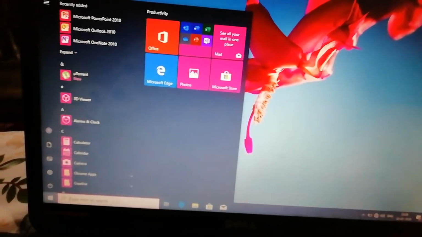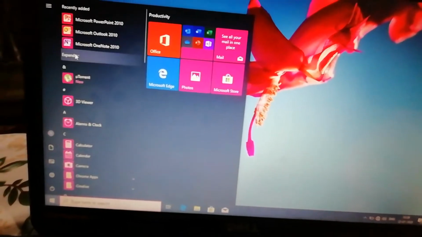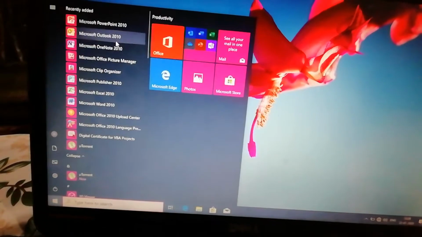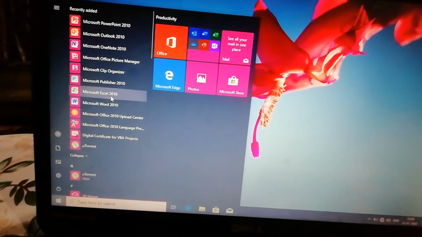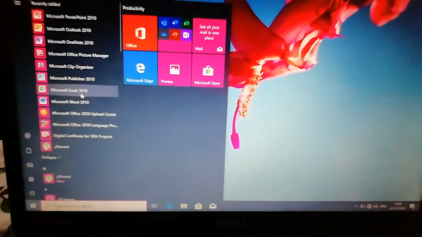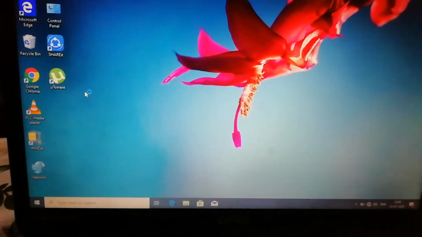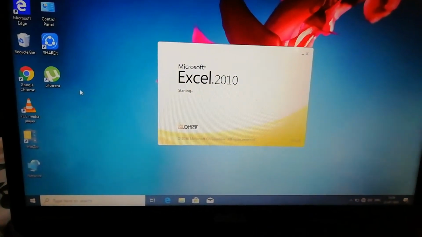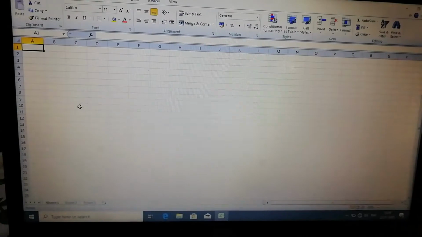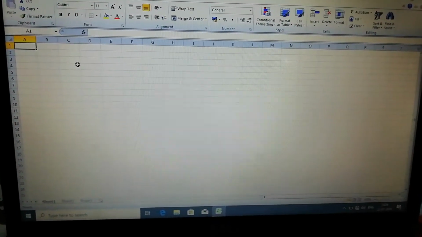So let's open Microsoft Office 10 and you have to select Microsoft Excel. Just click on this. So this is your Microsoft Excel.